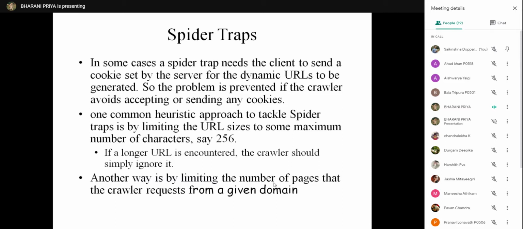So if you can limit the number of pages that can be downloaded from the same domain, then you can avoid the spider traps. Any doubts? Right.